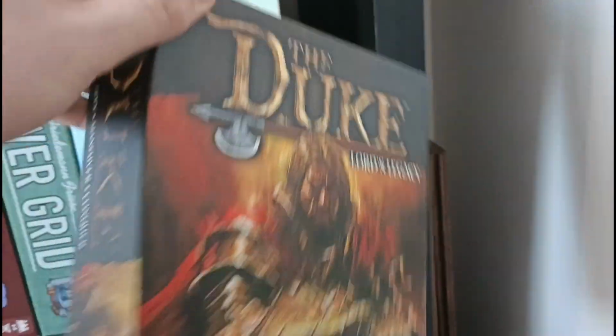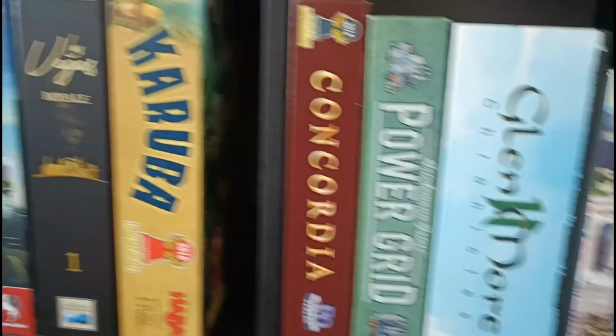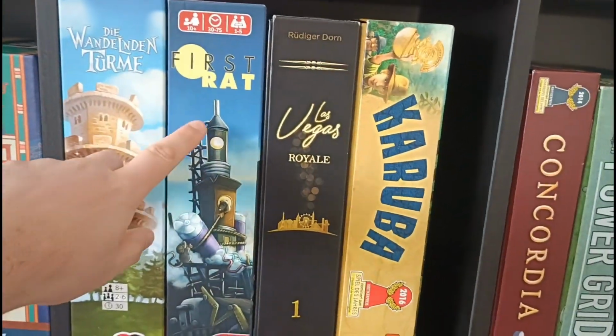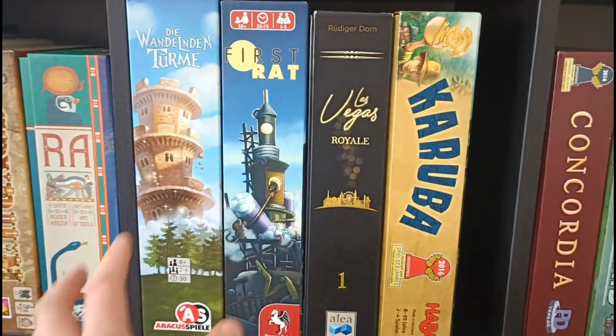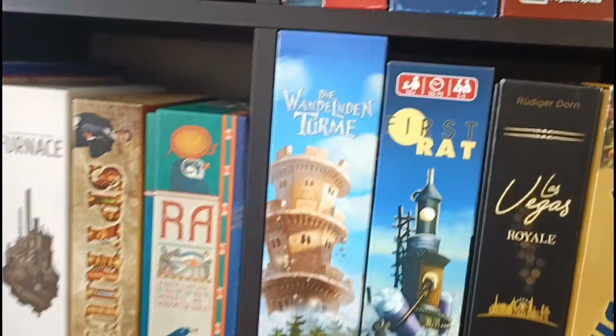It's called Lord's Legacy. I think it has some additional units and things that you can add in. I like that one. We also have The Wandering Towers, First Rat, Las Vegas Royale, and Karuba. So these are kind of getting lighter as we go. These are kind of gateway level games, maybe a step above that. Next to that,